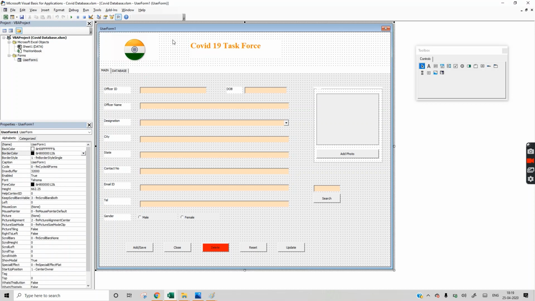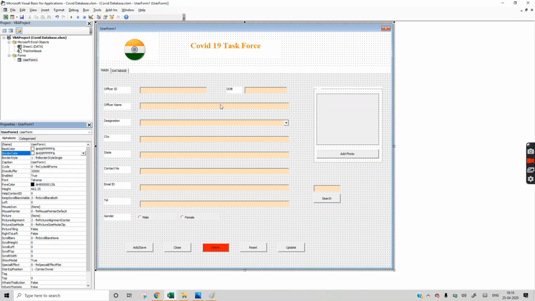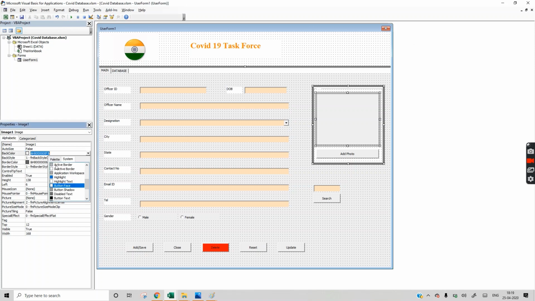Change this border color to white. Similarly for this user form also, change the border color to white. We don't want it to look this awkward. Same for this. Change the background color to white. You can change it to any color. I don't prefer any color, so